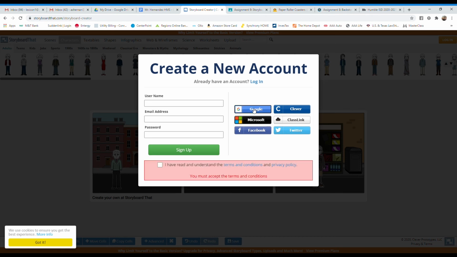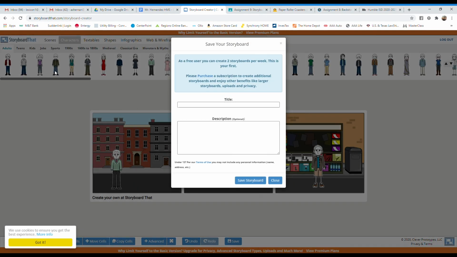So okay, you have to accept the terms and conditions. So let's go with your Humble ISD. I think that it won't let me because I've already done this previously. Oh, okay, 2 storyboards per week. This is what I wanted to show you. You can only create 2 storyboards per week, so there is a limit. But to get around that limit, okay, so if I just say this is a test, and then I save my storyboard,